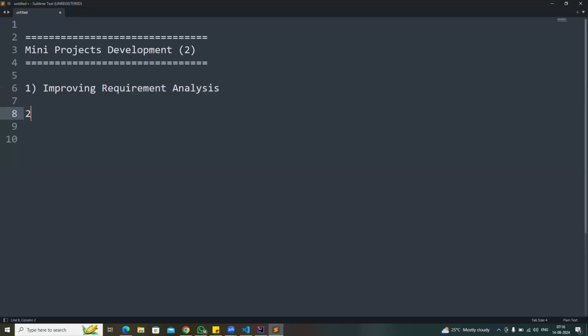Then after this, asking queries on the requirement. If you have any doubts on the requirement, you need to learn how to ask those questions to the functional people. Then the third part: database analysis, DB design